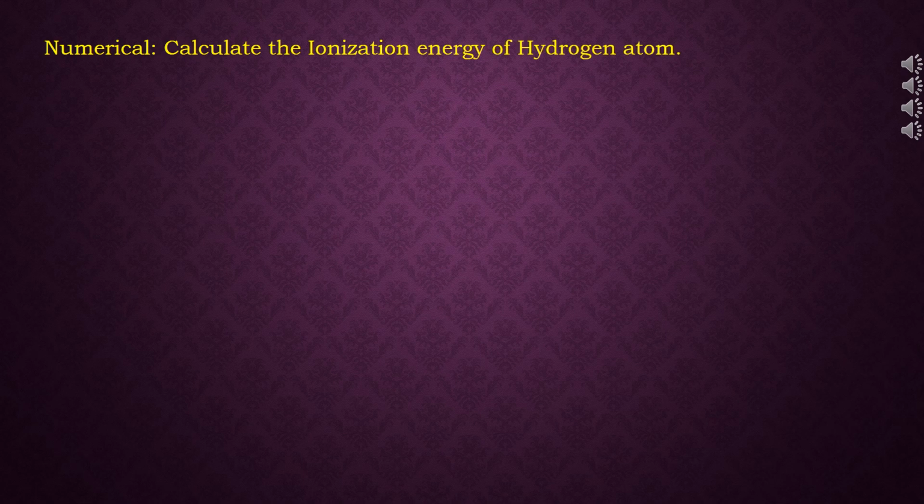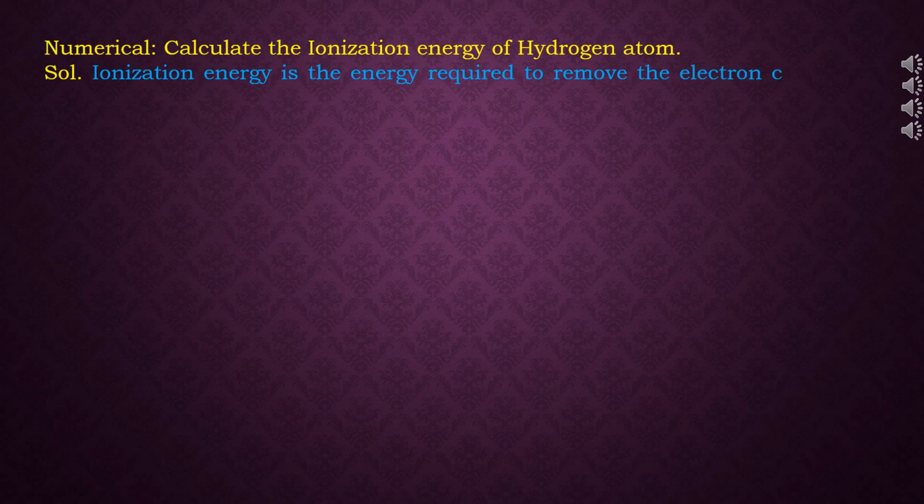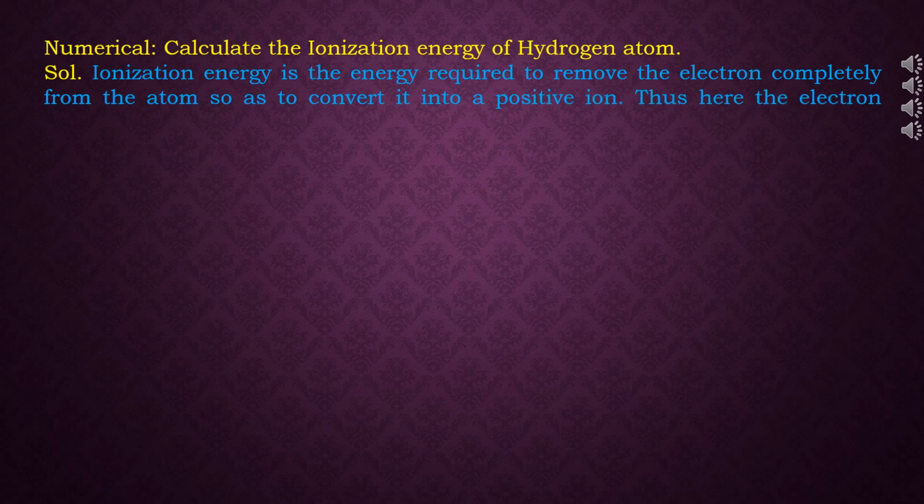Students, let us solve some numerical problems related to the expressions for energy and radius of orbit. First is, calculate the ionization energy of hydrogen atom. So first we should know what ionization energy is. It is the energy required to remove the electron completely from the atom so as to convert it into a positive ion. Thus, here the electron jumps from ground state, that is n1 is equal to 1, to excited